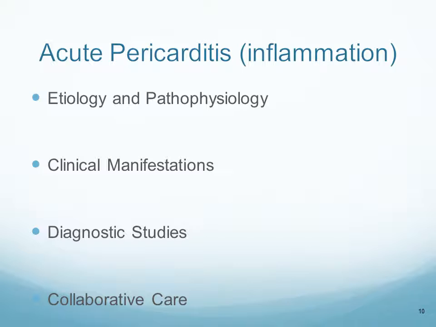And we have a pericardial friction rub versus a pleural friction rub. So a pericardial friction rub, if we ask the person to hold their breath and we still hear the friction rub, it's coming from the heart beating. If when the person holds their breath, the rub goes away,